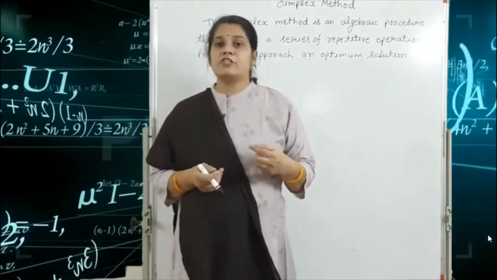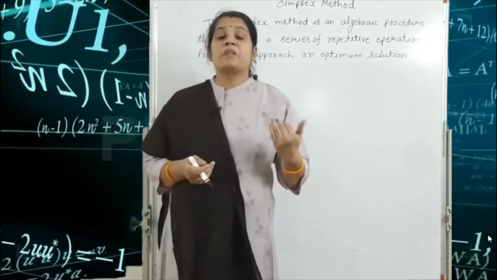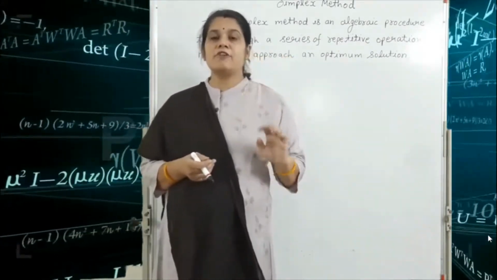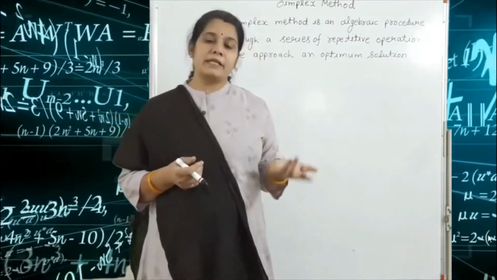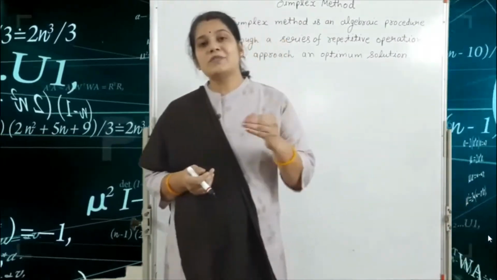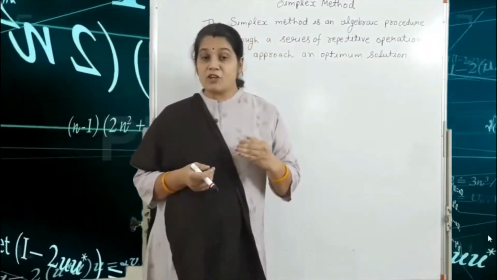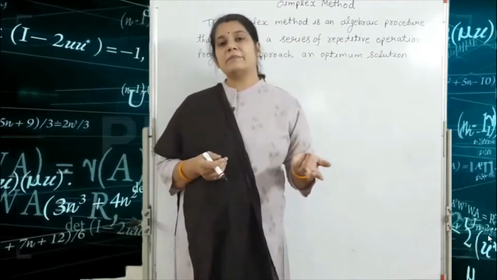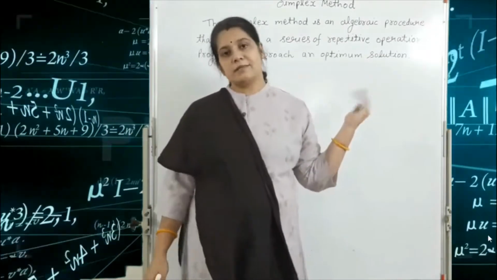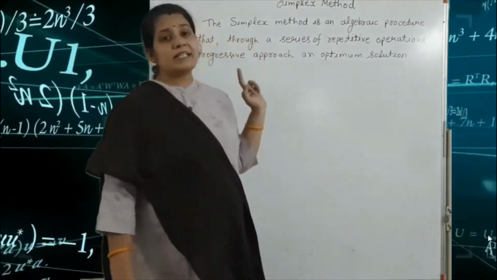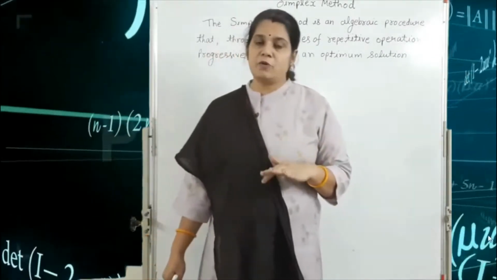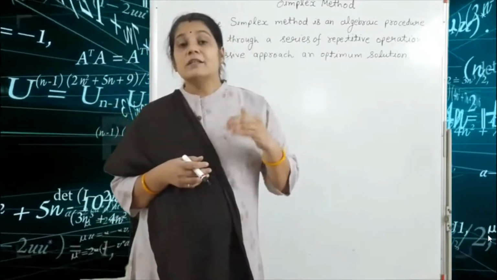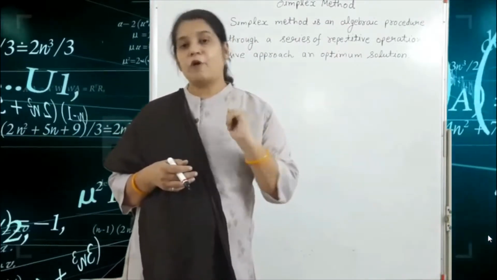But if our question is given in only two variables and it does not specify which method to use for finding the maximize z or minimize z, you should always use the graphical method because the graphical method is very easy. So simplex method, the first point is very important. Simplex method is always used for the maximization problem.